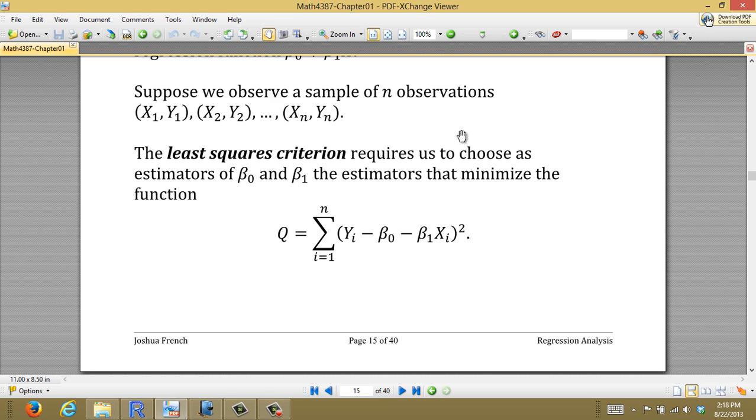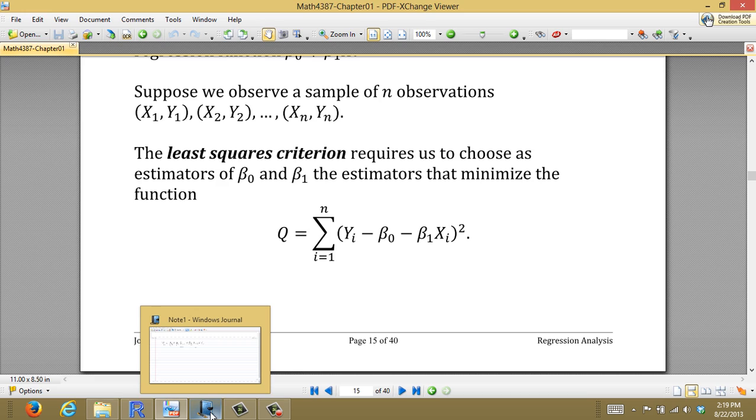And the reason it's called the least squares approach to estimation is because we choose the regression parameters beta naught and beta 1 by finding the values of beta naught and beta 1 that minimize the least squares criterion. In this case, we take each of the responses, subtract off the regression function evaluated at each of the x values, square that difference, and then sum over all the observations. So really this is the sum of the squared deviations from each response. Just to draw a picture of what we're talking about,